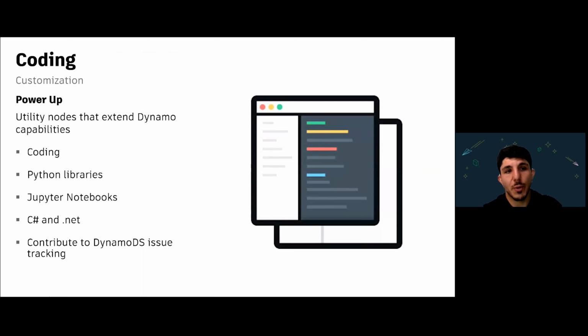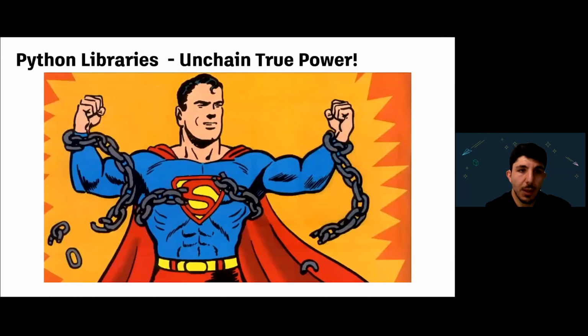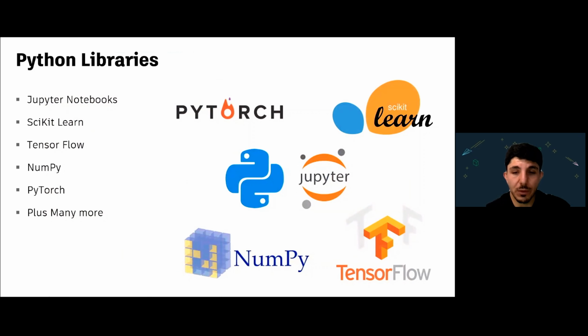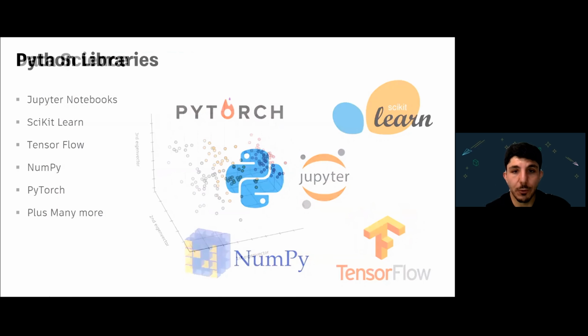But what I see as the biggest growth base is customization and coding. The Python extension support that Dynamo is continuing to provide is going to be a great way to use that tool moving forward. And Python's greatest strength itself, its greatest superpower that you can unlock, is its own user-supported open source community of packages and libraries. And amongst them, things that help you do machine learning, data science, web scraping, you name it. That's Python's greatest ability. It's PyTorch, scikit-learn, TensorFlow, NumPy, you name it. These are Python's amazing powers that now Dynamo could tap into.